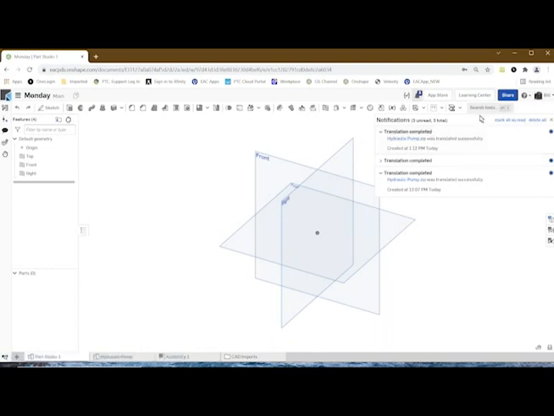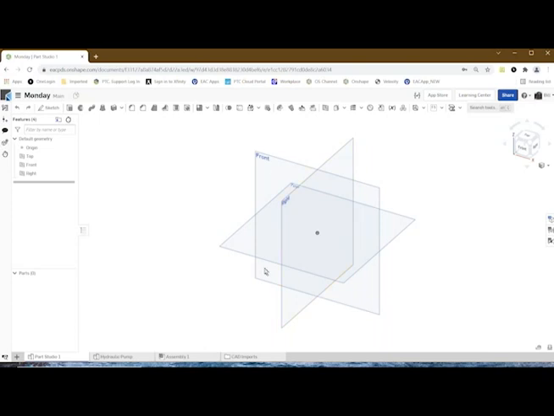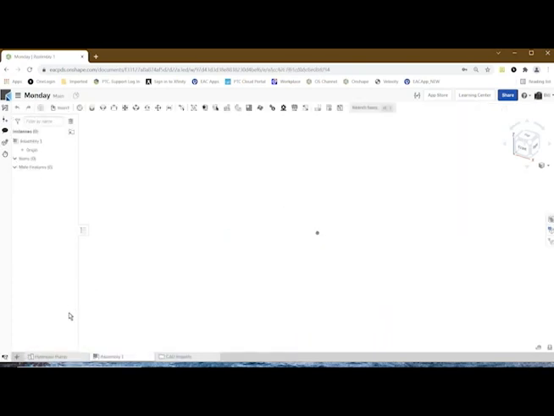So here it says translation complete. So we'll kind of turn off those messages. You notice we see no geometry here. It didn't put the geometry in my PartStudio, the blank one that it had. So I could say, let's get rid of that one. But what it did